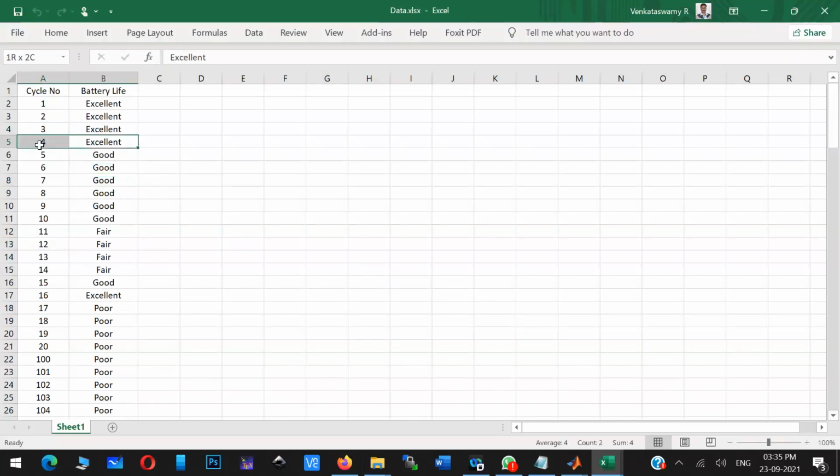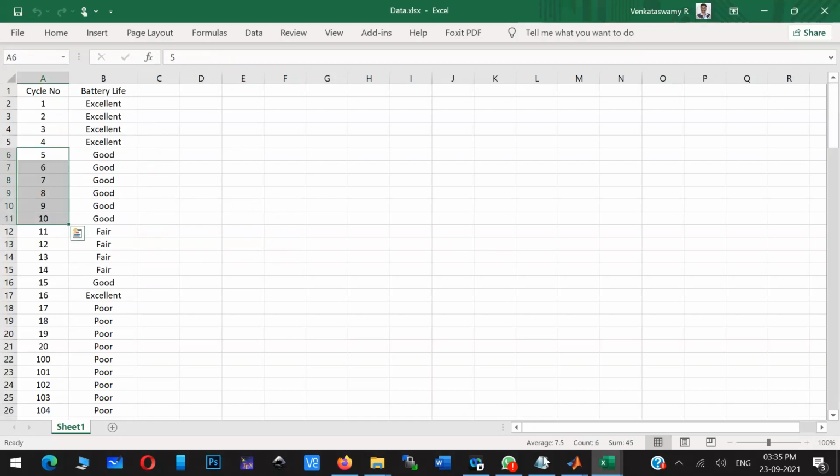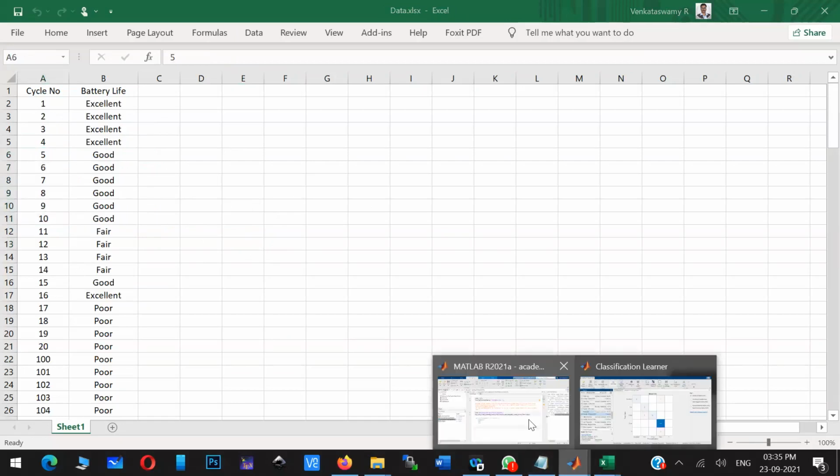You cannot directly correlate your original data with the output, but somewhere you can see that for 4, the excellent cluster is mapped. For 5 to 10, the good cluster is mapped. So different clusters are created, and the cycle numbers are kept in that particular cluster. So 100, 200 is put. That is what this program is giving.